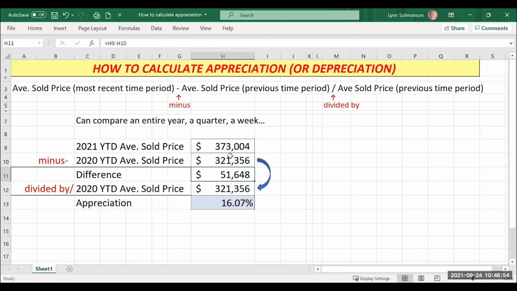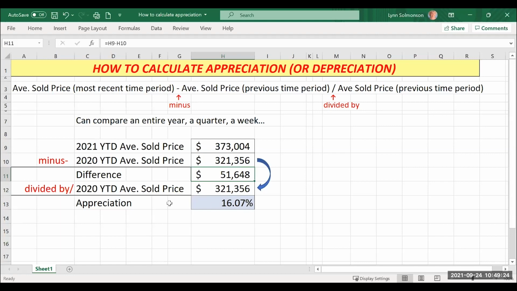Okay, so you're taking the current time period, whether it's a year, a quarter, a week, a day, whatever you want to do. You're subtracting the older number for the older time period. You get the difference. And then you divide by the older average sold price. So you divide by the 2020 number, 321,356.